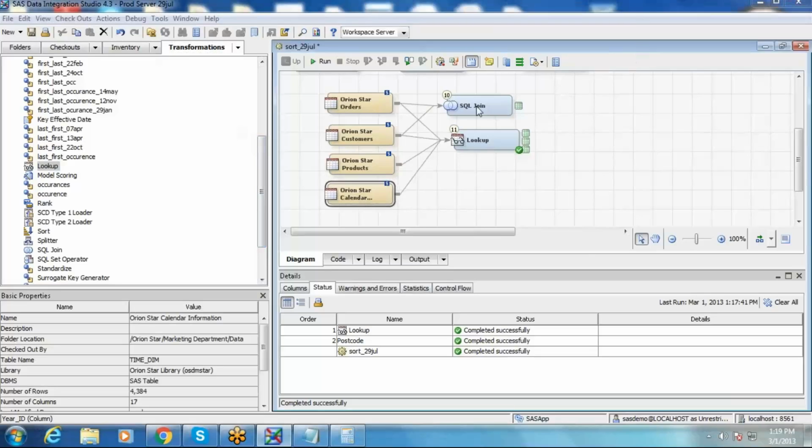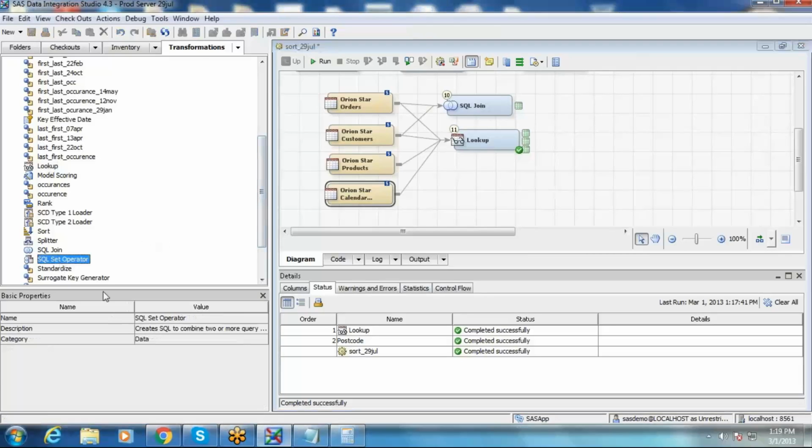Can we continue tomorrow? Yeah, that's fine then. So tomorrow the agenda would be to start off with the SQL set operator, how to use union, except, intersect set operators, and then we'll see the core concept, SCD type 1 and type 2 changes.